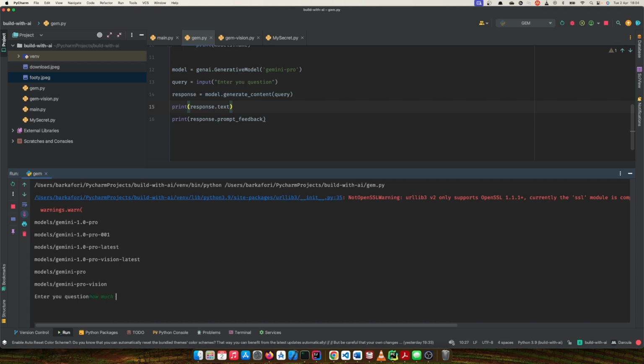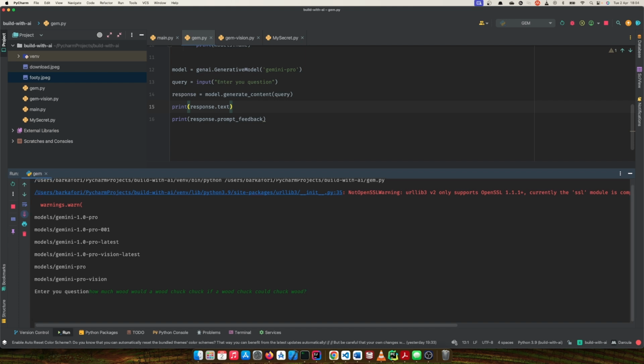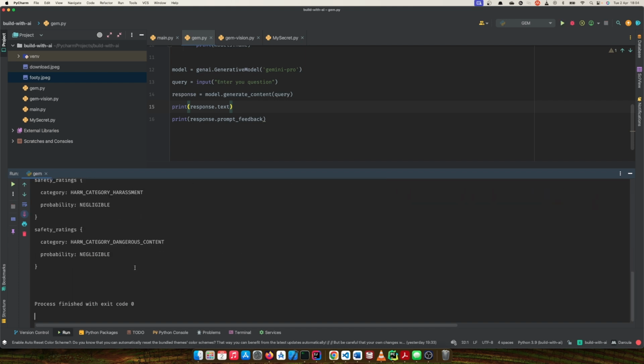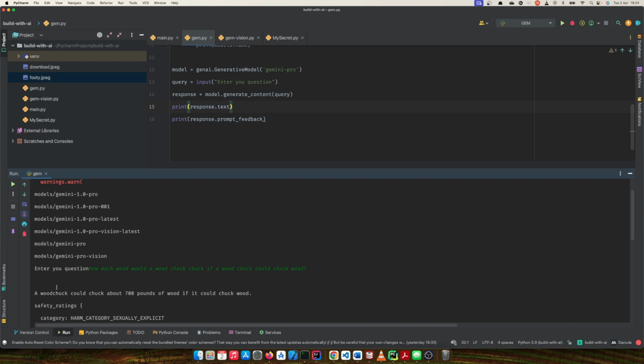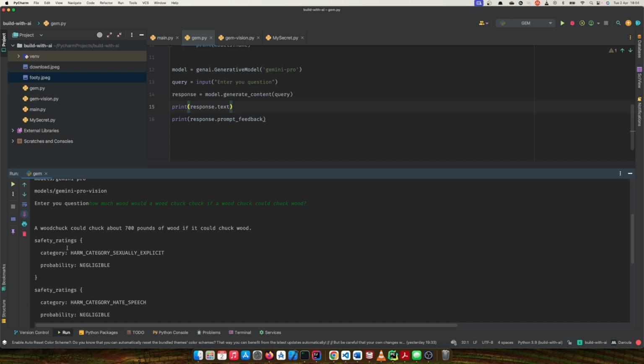So let's try this and see: how much would a woodchuck chuck if a woodchuck could chuck wood? Hopefully I typed that correctly. So let's see what the response is. A woodchuck could chuck about 700 pounds of wood if a woodchuck could chuck wood. I don't know how we got that answer, but what I want to draw your attention to now is